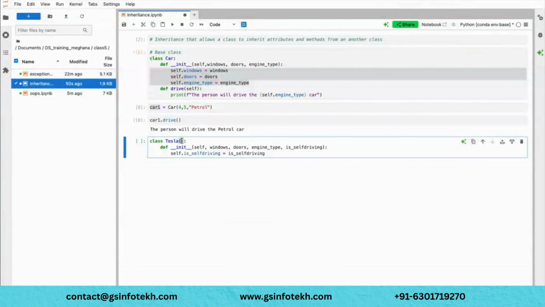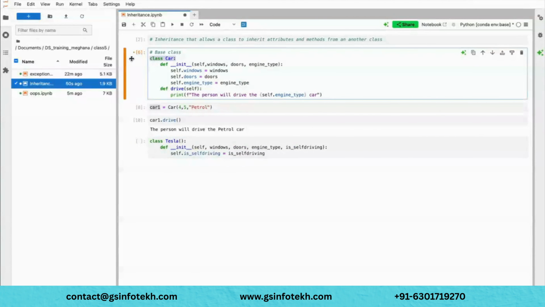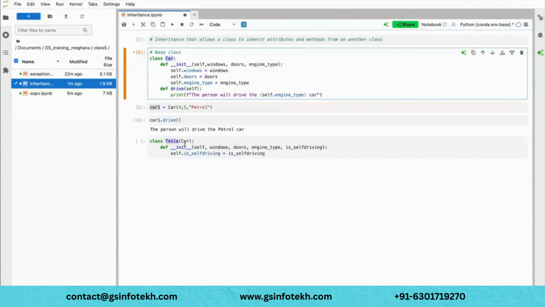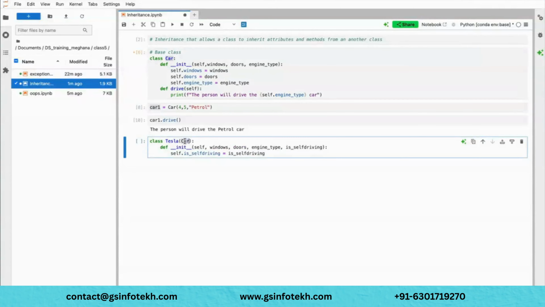If you see here, I did not put any parenthesis for the class. But when you want to do inheritance, you put the class name, and then inside the parenthesis you put the base class which you want to inherit. Okay, this is how you can do inheritance.